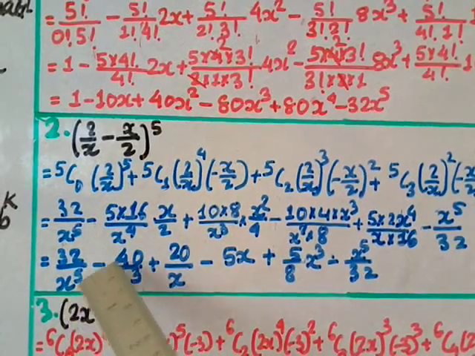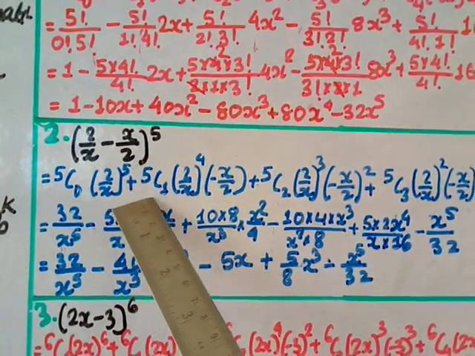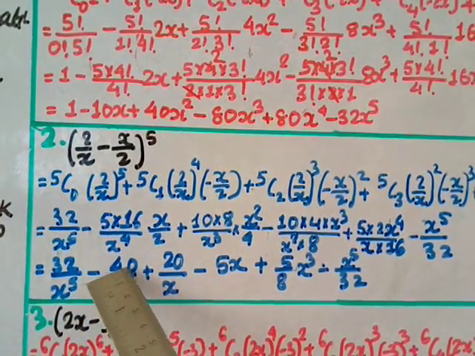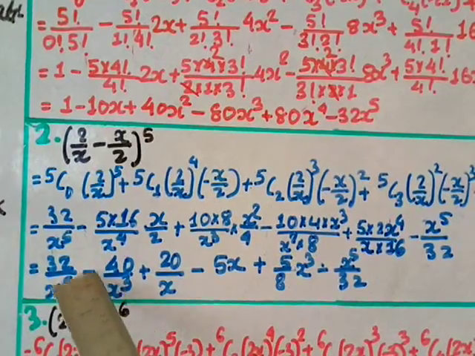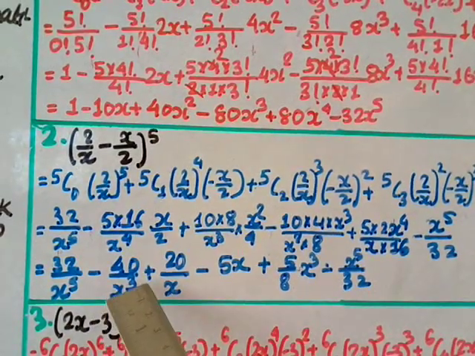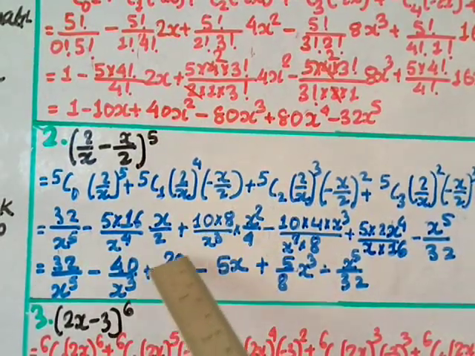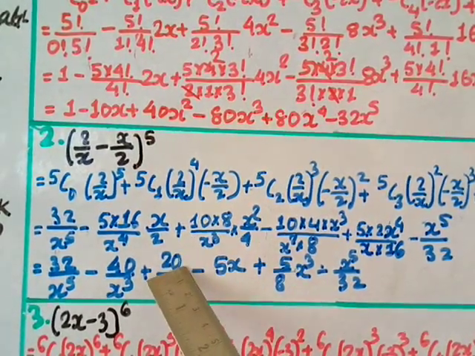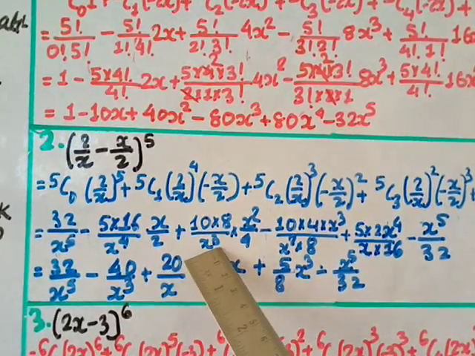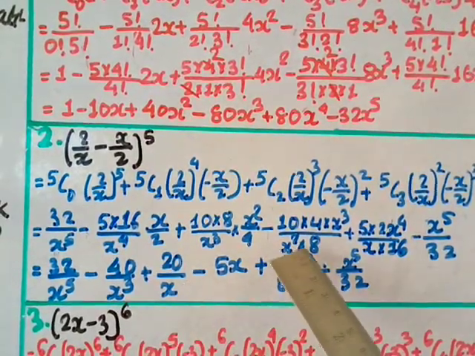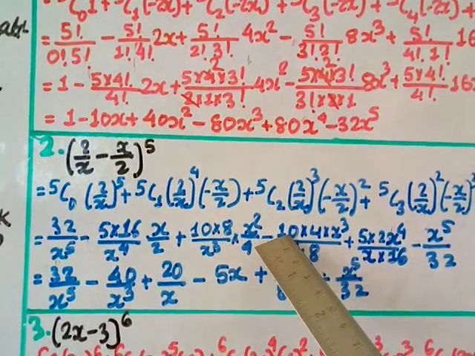When you multiply and cut this 16 by 2, you get here 8, and 8 you multiply by 5, so you get here 40, and here x and x power 4, you can cut this also, so you get x power 3, so minus 40 by x cube. Plus here also we can cut 8 by 4, so you get 10 into 2, which gives 20, and x square and x cube you can also cut, so you get x in the denominator, so 20 by x. Minus here you can cut these 4 and 8, and then 2 remains that you can cut here, so you get 5x.